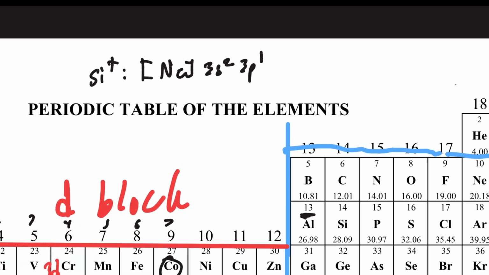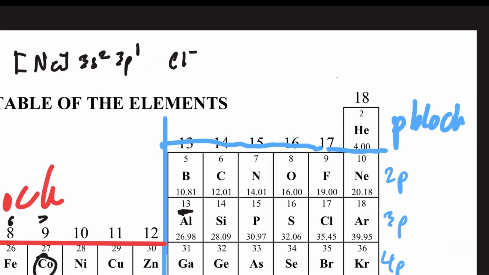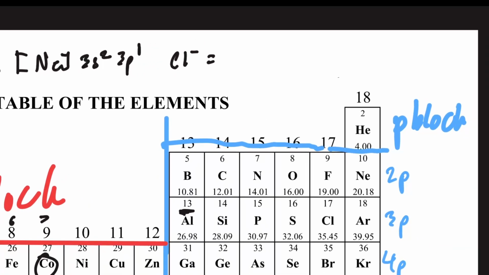And this really goes for anything else. If I do Cl minus, I think you can just put this, right? But let's not do it like that. Actually, I don't think you should do it like that. You do neon, and then you fill the shells out. Remember, Cl is over here, meaning that your S block is filled. So 3s2, and then you have